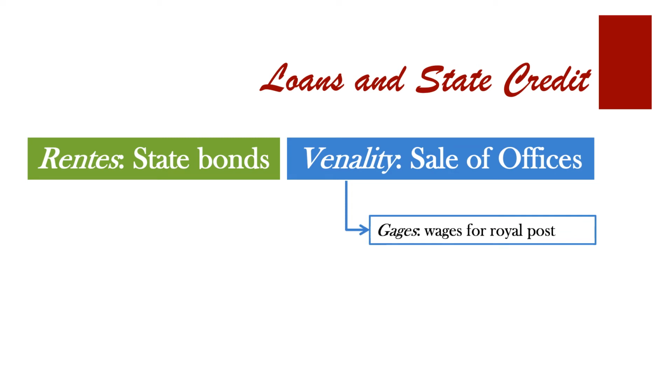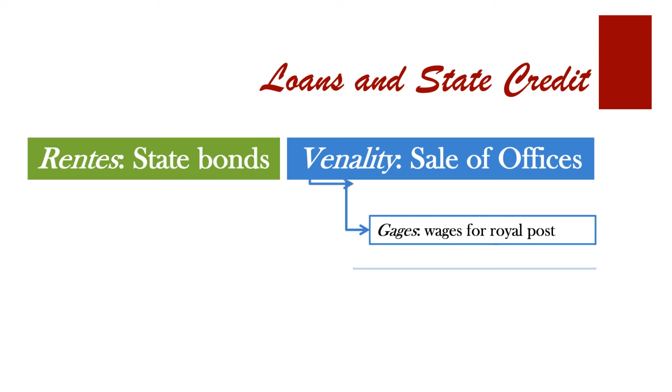Royal offices came with certain unassailable benefits. First was the money, of course, but even more importantly, most royal offices came with ennoblement. So wealthy members of the third estate could purchase a venal office and not only receive a paycheck, but also gain noble status and all the privileges that came with it.